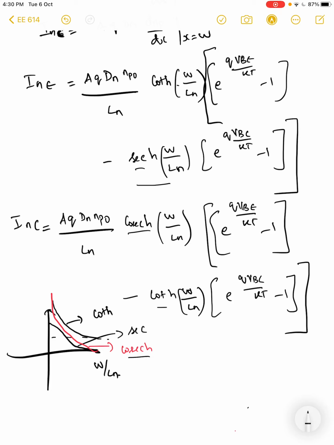So the collector current basically becomes 0, because you see it is reverse bias. There is no injection from the emitter side which actually contributes to the collector current, right? And hence for large width you already have the emitter base and the collector base junction to be delineated without having any relationship, right? And if we have something which is very small, if the width is very small in comparison to the length, then